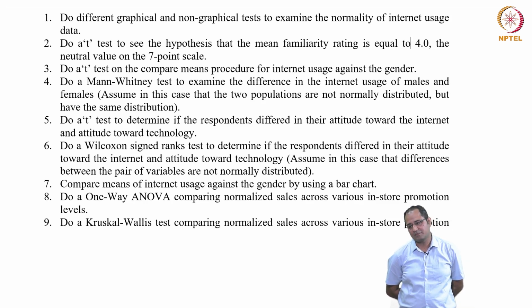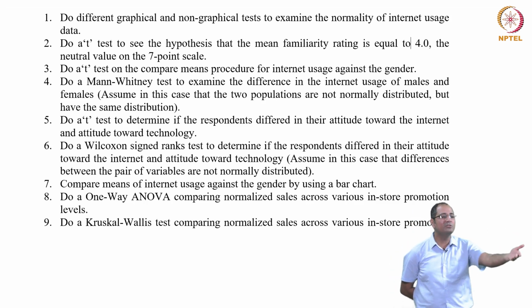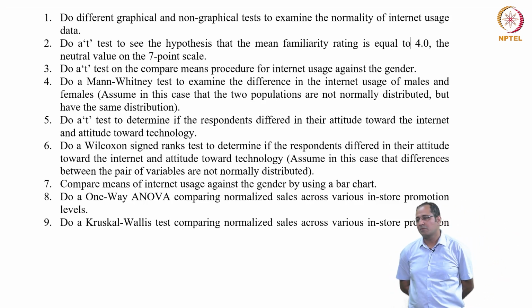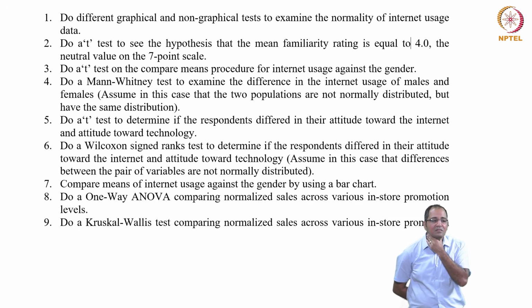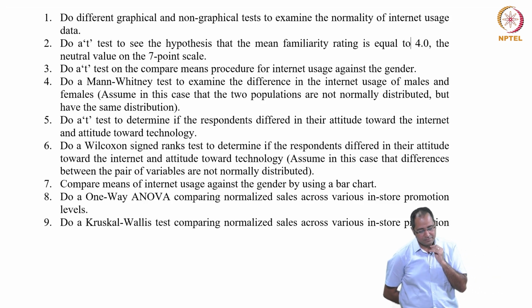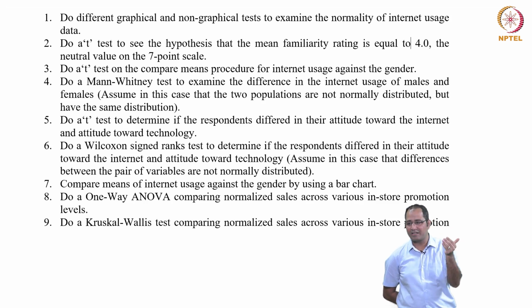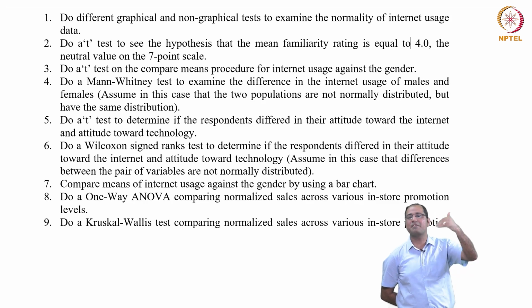You will have to do it. How will you do it? That is what it is. If you are not able to see how it will be used in your job role, this is how it will be. What will be the null hypothesis? Mu is equal to 4, right? Alternate is mu is not equal to 4. It is very much the same example that I gave. Mu is equal to 100 meters,